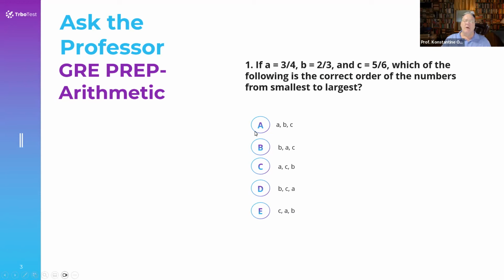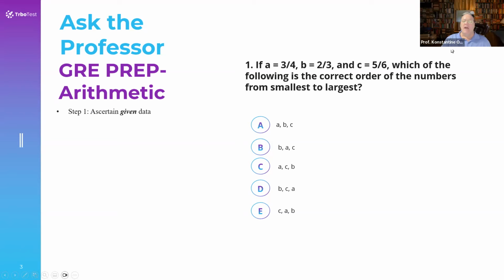But before we do, remember on the GRE, if you see the answer choices with circles around them, that means only one answer is correct. If you see answers with squares around them, then you know that there are two or more answers that are correct. In order to solve any question on the GRE, if you don't know it by glancing at it, you